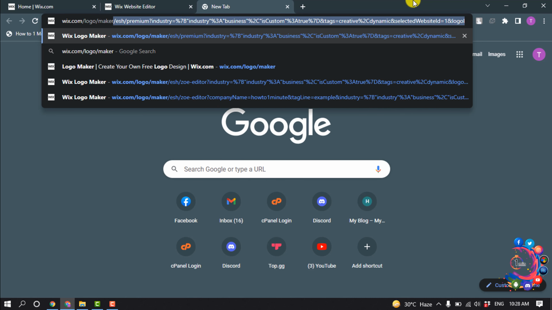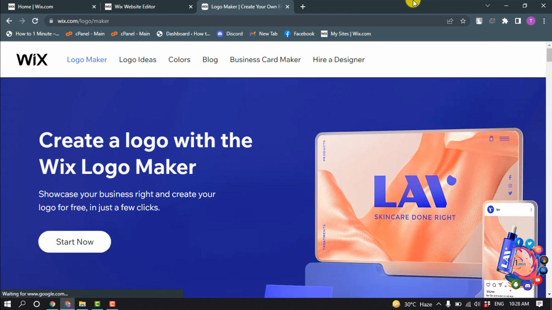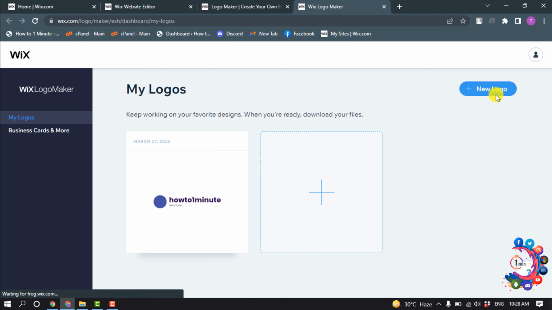So first of all, open a browser and type here wix.com/logo/maker and hit enter. And then you will jump into Wix Logo Maker website. Now click on Start Now and click on New Logo